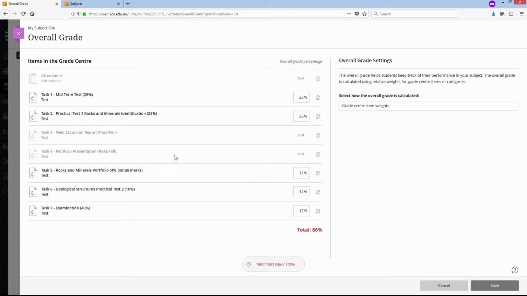Basically, they are very important, and these tasks need to be completed for the students to pass the subject. However, there is a way I can override a student that has achieved sufficient percentage points and tell LearnJCU Ultra that this student failed because he didn't complete one of these mandatory tasks. I'm going to leave the bonus marks out of the calculation because it will throw off my 100%, but I'll adjust these last 2